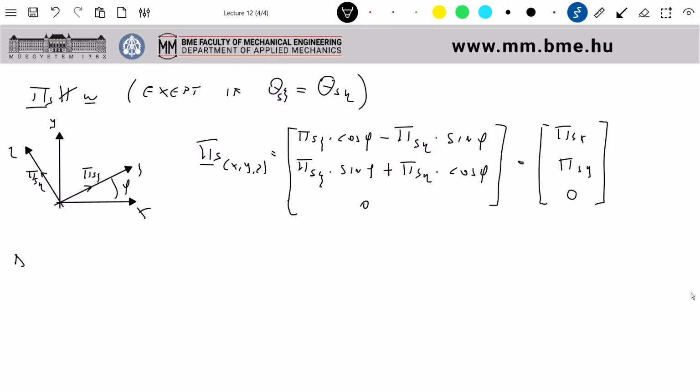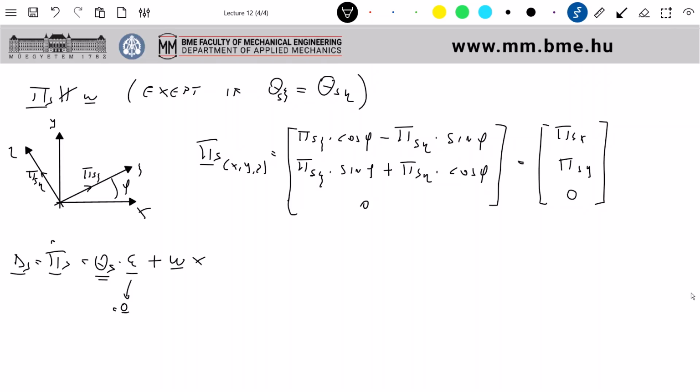We have ds equal to pi s dot, which is theta s times epsilon, which is 0 because omega is constant, plus